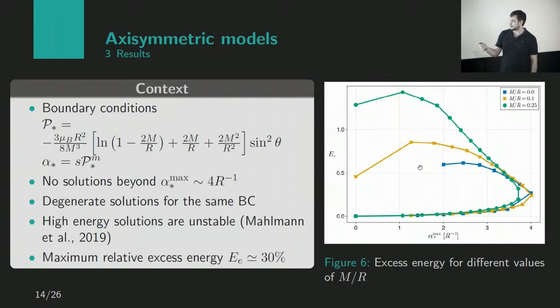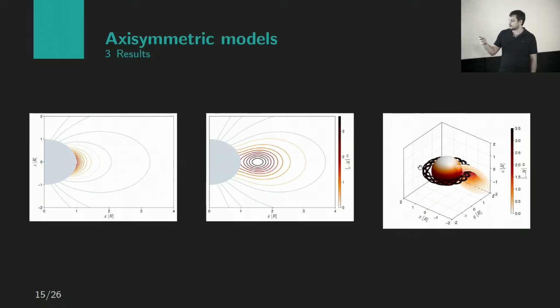What is causing this is essentially an artifact of axisymmetry, because you could construct something like this. Actually, here, if you want to see it in 3D, all this black thing is a disconnected region with field lines following it, which is disconnected from the rest, from the surface. So this is just an artifact of building steady-state solutions.